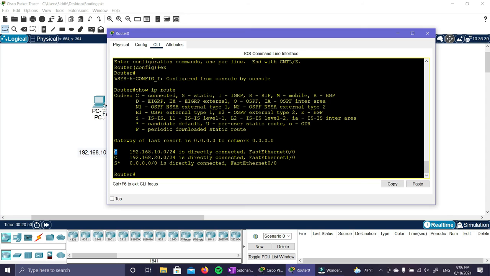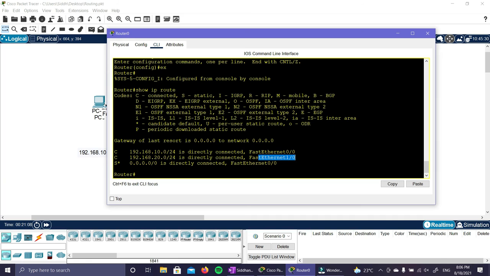So C means connected, a local route. You can also see 192.168.10.0/24 is directly connected on FastEthernet 0/0, and 192.168.20.0 is directly connected on FastEthernet 1/0.